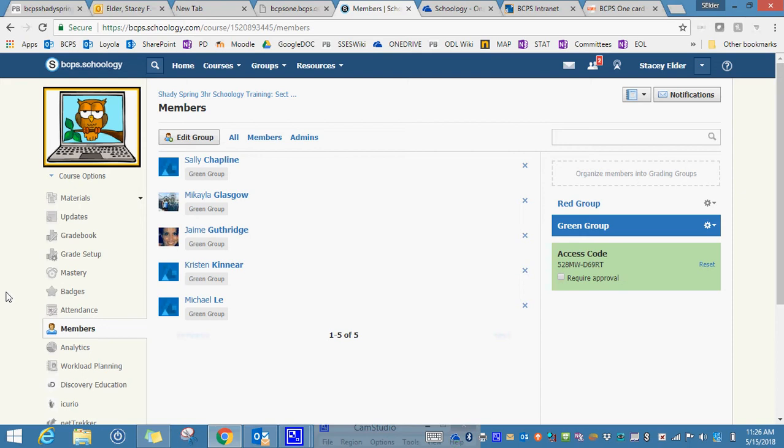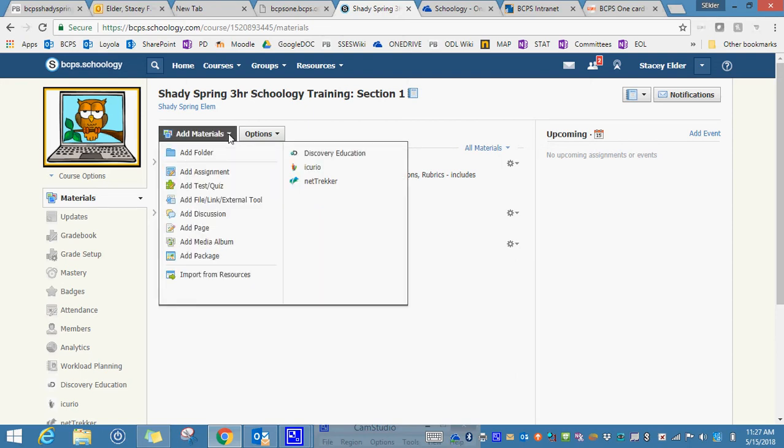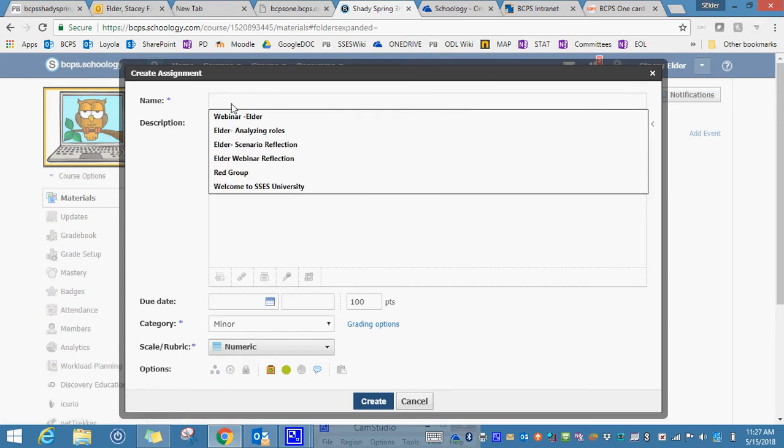To do this, you need to go back to your original course and get into the area where you would like these things to go. I have mine on the main page just for easy to find, but if I want it in a specific section within a course, remember, you can click to that area and add it there. So I'm going to create an assignment. And to do this, first thing I want to do is give this assignment a name, and I'm going to call it Green Group